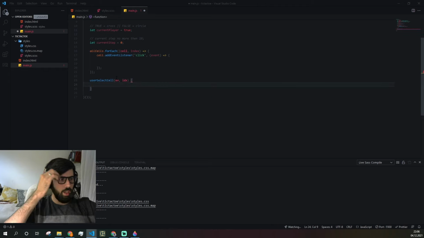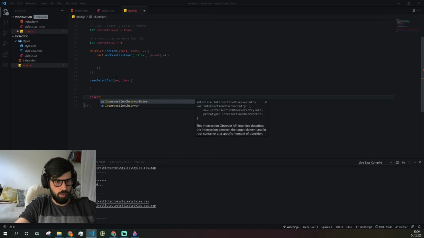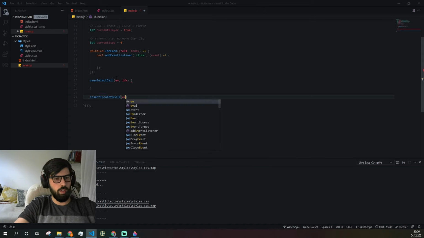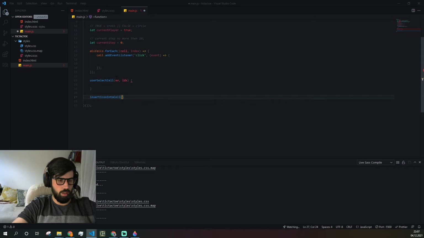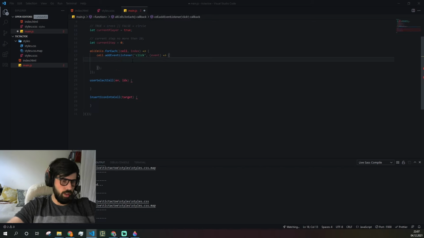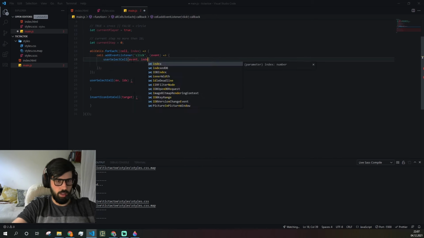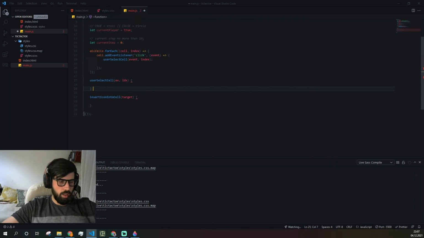Then we're gonna need to insert HTML icon into cell. Here we need only event target, just to understand where to put this thing. Well, I believe it's enough to start. So selectCell, event, and index we're gonna pass here, and then